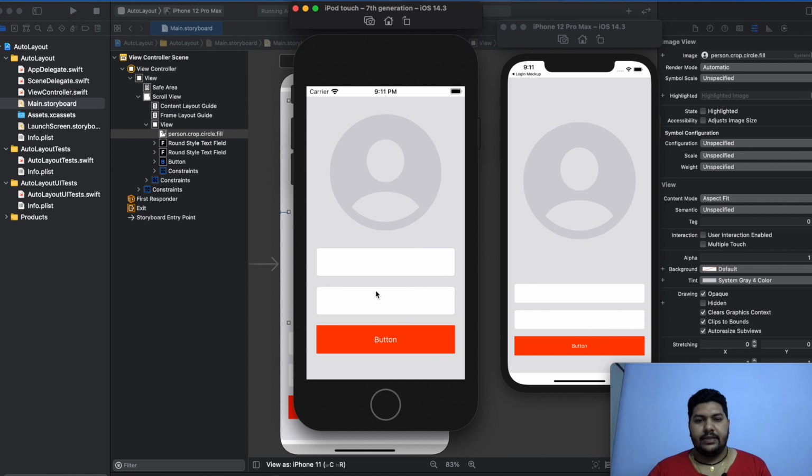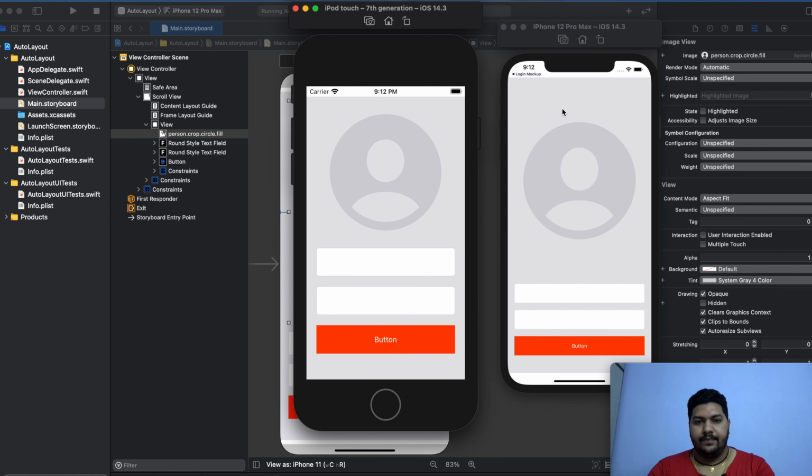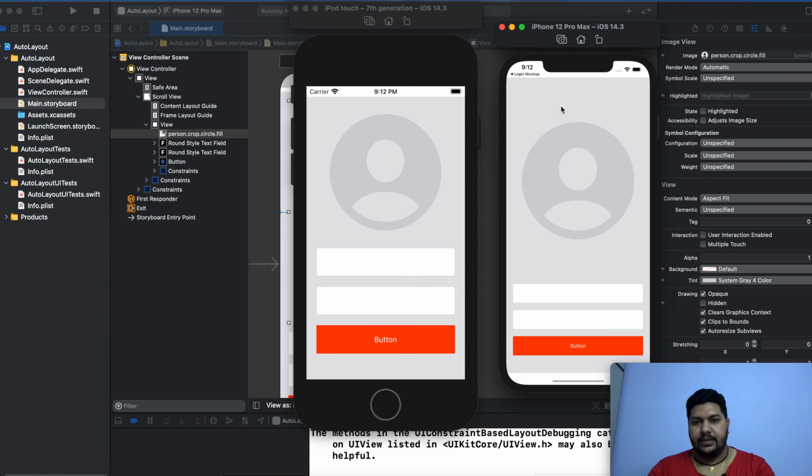You can see that on the basis of the screen it's getting increased. If I rotate the device then you can see the image is getting decreased and the height of the text field is getting increased. Okay, and same for another device. So this is the basic part of the auto layout.